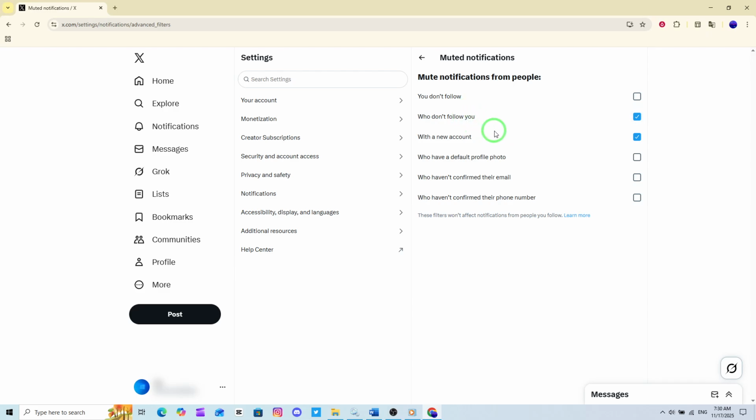And that's it. You've just learned how to mute notifications from people who don't follow you on the X web platform. It's a small tweak that makes a big difference, especially if you like to keep your timeline distraction-free and your notifications meaningful. If you found this helpful, don't forget to explore your other notification filters to create the experience